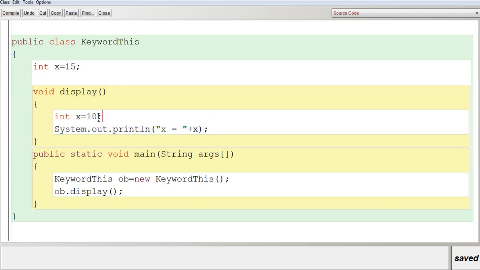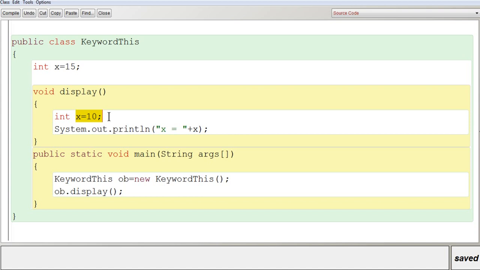Since I said x can be used anywhere you want, here you can see another variable with the same name. Now what happens? The problem is which value will be taken. So x is having two values, 15 and 10. Which value is taken when you execute the program?